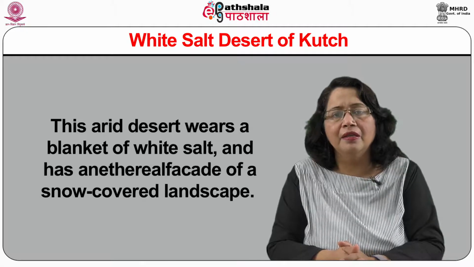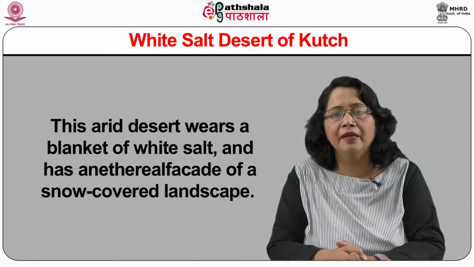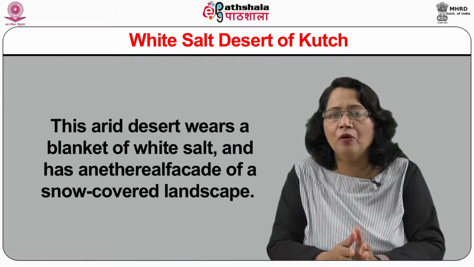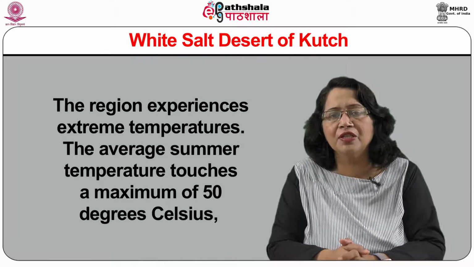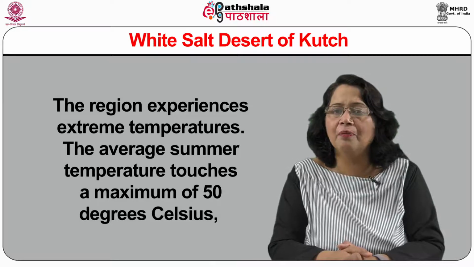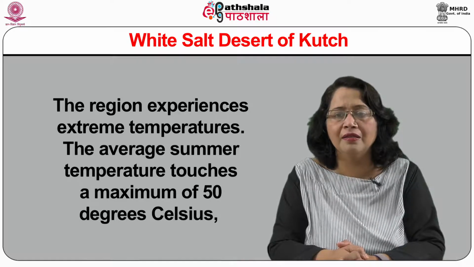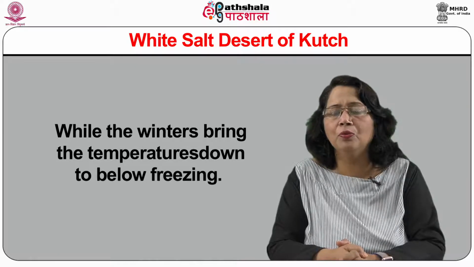The arid desert wears a blanket of white salt and has an ethereal facade of a snow-covered landscape. The region experiences extreme temperatures. The average summer temperature touches a maximum of 50 degrees Celsius, while the winters bring the temperatures down to below freezing. The Rann of Kutch is known for its pure white salty desert and is believed to be the biggest salt